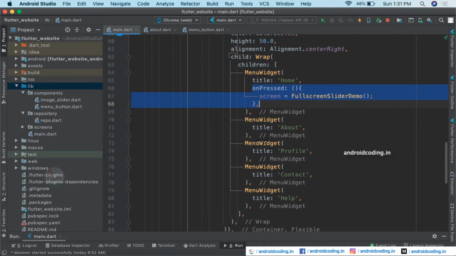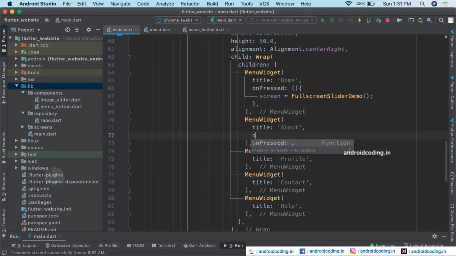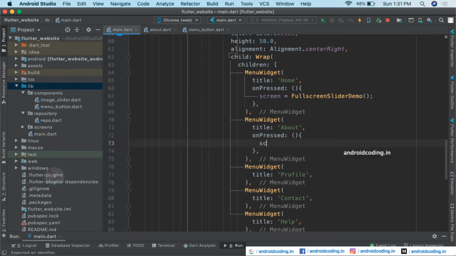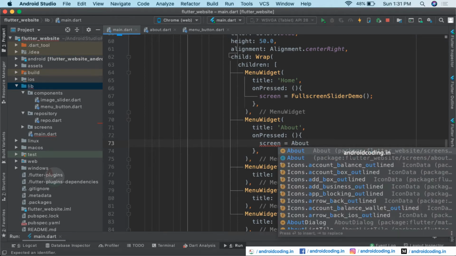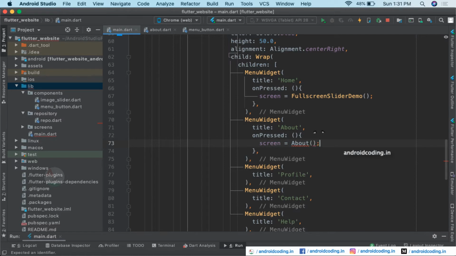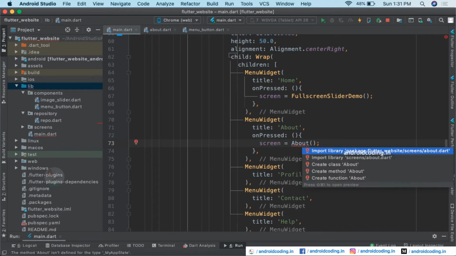And inside the about, here we will be having a change now. So for the screen here, we are going to specify the about class. As we have just created the about class, import it.